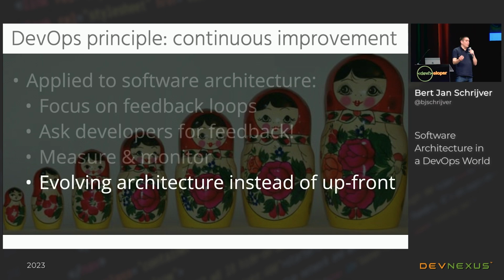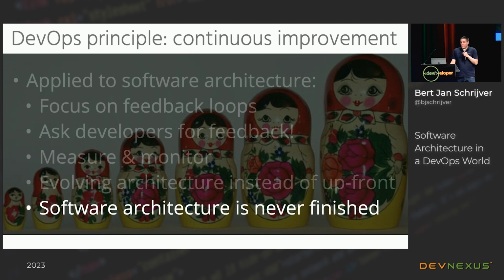And it's also about evolving architecture instead of big upfront design. Because if there's anything you can be sure about, it is that the world is constantly changing. And, well, an architect should also be involved in all stages in the project. So obviously upfront a bit to make some significant design choices, but also during the project to see whether we need to steer the team in a different direction, for example.